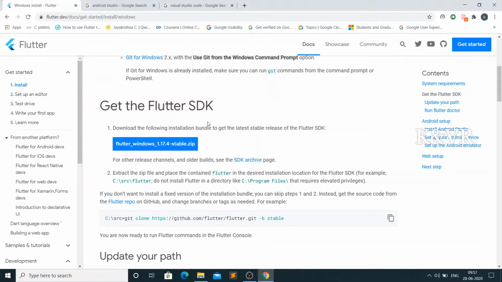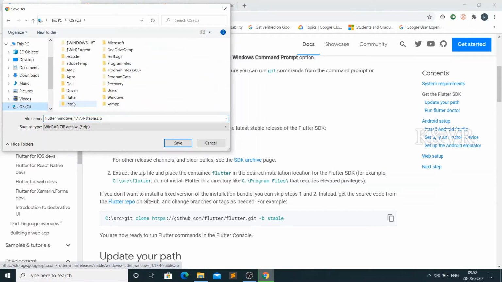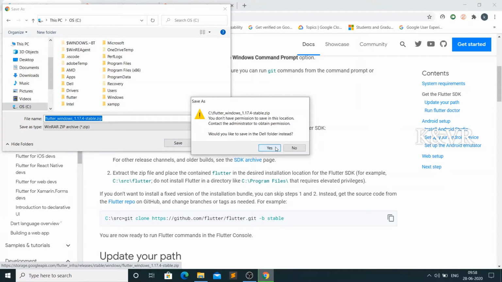Get the Flutter SDK. Here is the first step. Just click on that. The Flutter SDK will come. A zip file will download. Just put it on the C drive and save it. I had some problem.